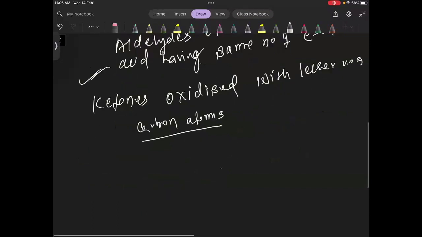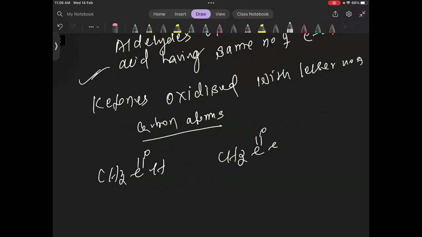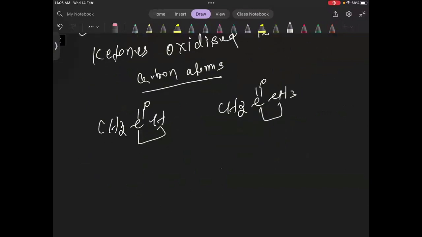See, why does it happen? See, CH3CHO is the aldehyde, and here is the ketone. Students, what happens in the aldehyde? There is a carbon-hydrogen bond, and here is a carbon-carbon bond. Which bond is easier to break? Students, the carbon-hydrogen bond is weak as compared to the carbon-carbon bond. Therefore, KMnO4/H+ or K2Cr2O7/H+ or conc HNO3 can easily break these C-H bonds